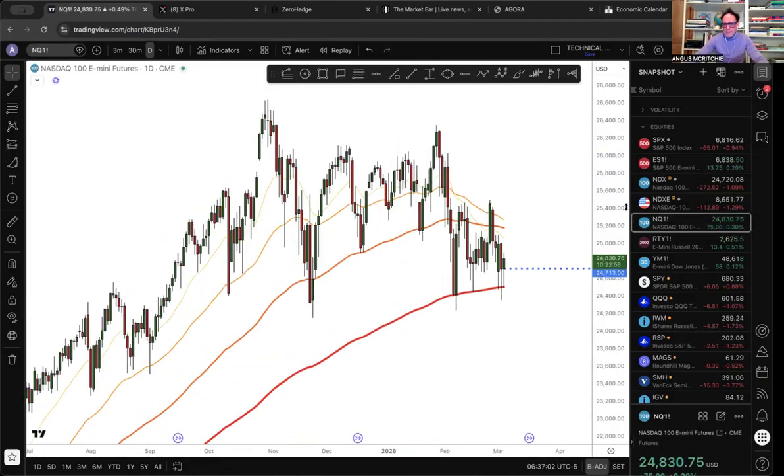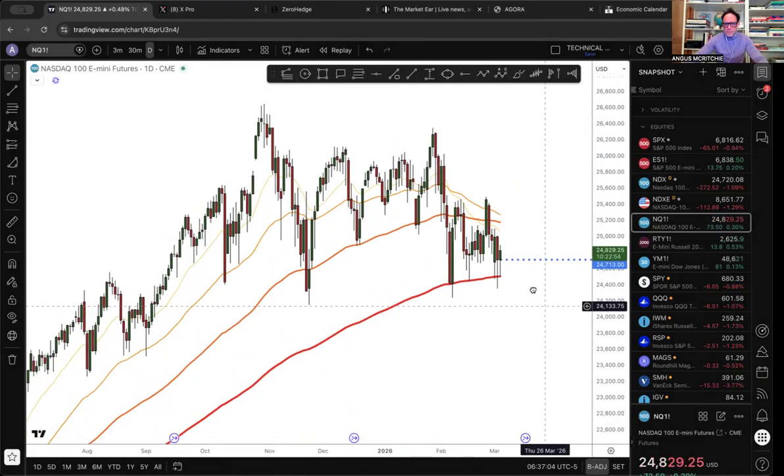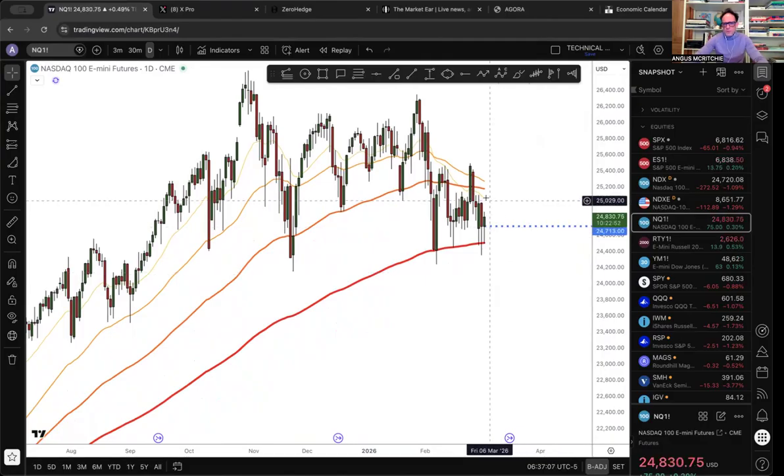If we look over at the NASDAQ, you can also see here that that's much weaker. You see the 20-day moved over the 100-day EMA. We also see that we're now testing the 200 days. So I would say just in the short term, you see these levels here around 24,400, 24,500 are obviously key. We're also testing the 100 days. So the 100-day, sorry, the 200-day EMA is the line in the sand, and that's the one which I'll be keeping an eye out for.